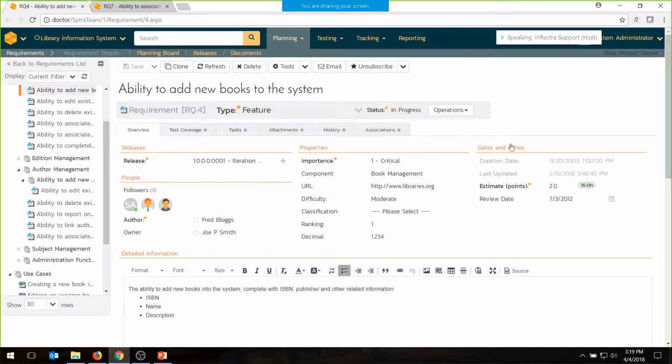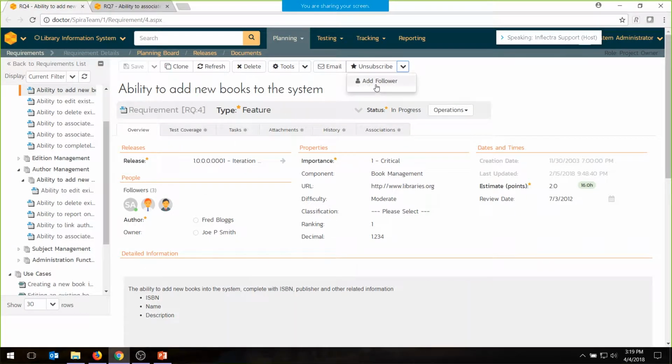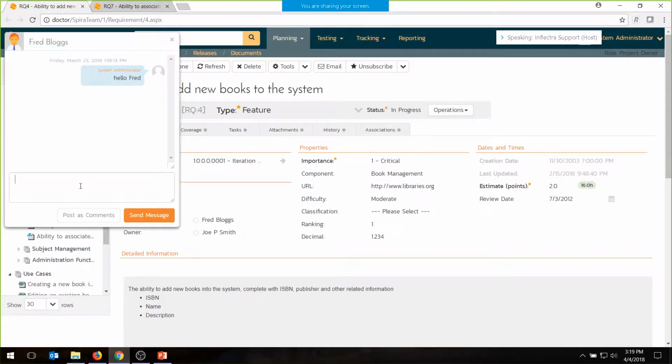All the various fields that go with that requirement are visible, including the estimate, and you can also have users follow you on this. So if I want to have someone CC when a requirement changes, I can add them as a follower, or I can subscribe myself. And there's also a built-in instant messenger, so if I want to send a real-time message, I can do that as well. I can go in here and say, Fred,